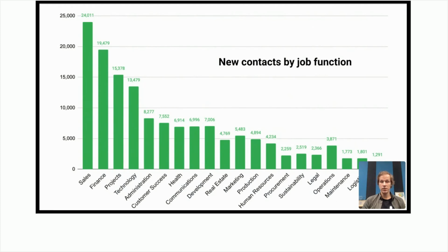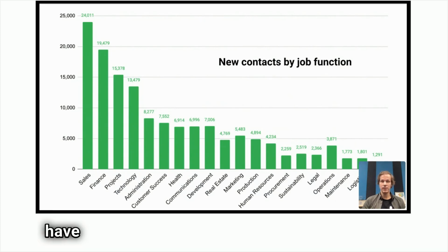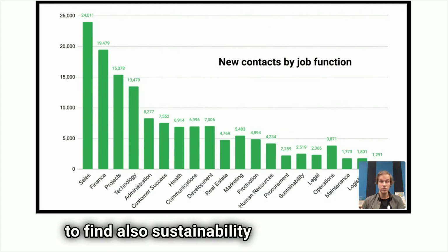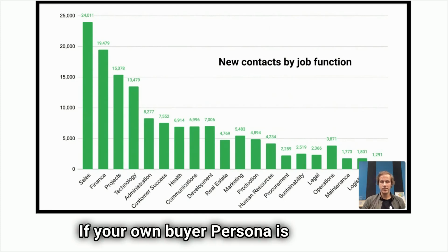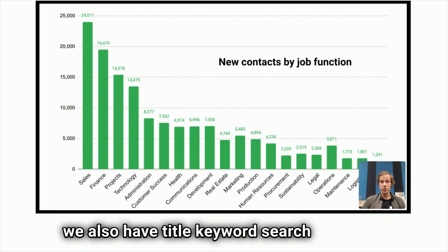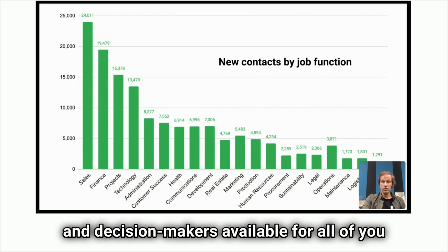health, communications functions. But you can also see some maybe more unique functions. Sustainability is a good example. Many people and many customers have requested from us that we would work hard to find also sustainability decision makers, and now we have plenty of them available as well. If your own buyer persona is not visible or has a very unique title, we also have title keyword search available, meaning that you can use exactly the title you're interested in. But this is live, so a lot more contacts and decision makers available for all of you who are using